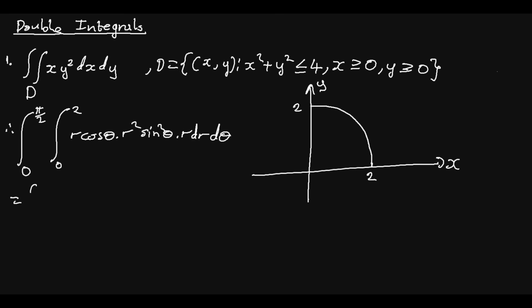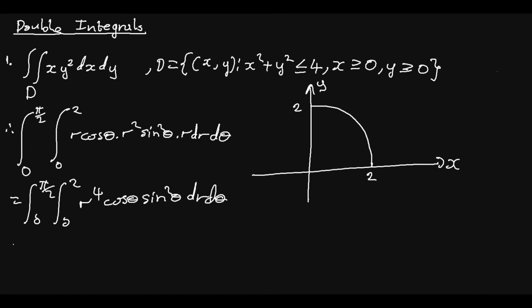So therefore this is equal to the integral from 0 to pi over 2, 0 to 2 here. It means we have r to the 1 times r squared, so this is r to the 4, cos theta sine squared theta dr d theta here. Okay,